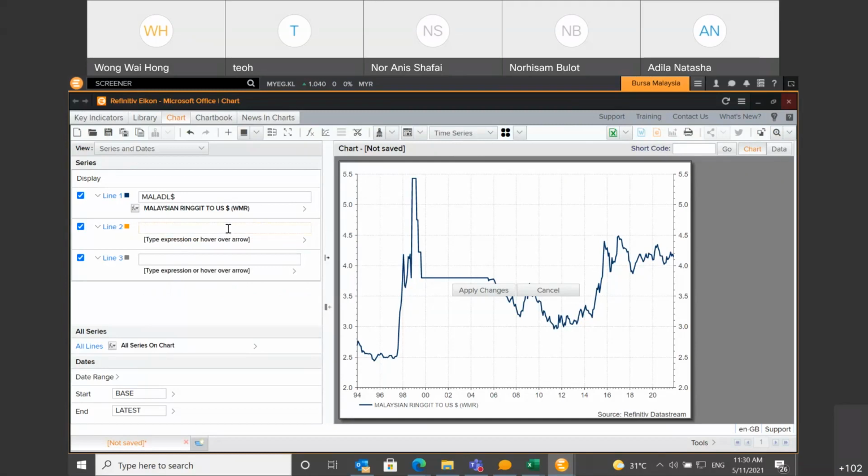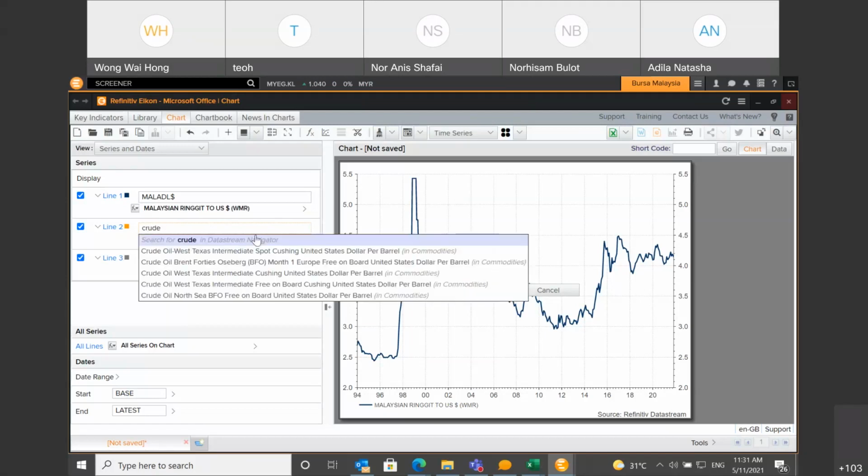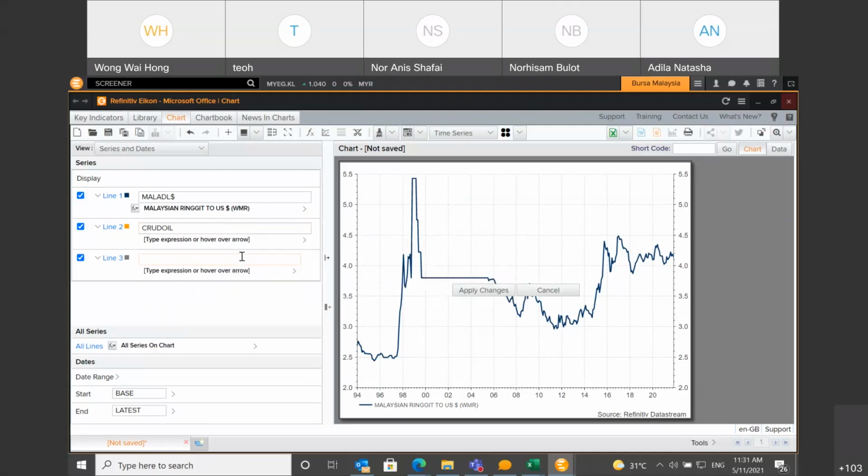Second, I do not remember what the pump is. I need to put in the codes here. Okay, this might be a good example. Sorry, because I need to find out the codes. For time's sake, maybe I will change it to crude oil, to see how correlated it is. If I just put crude oil,